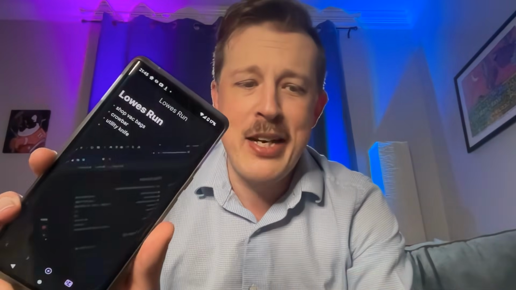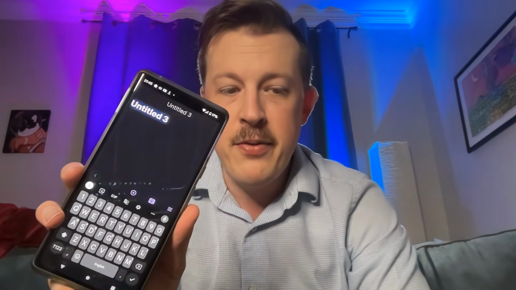And then anytime that I make, it's here on the coffee table. So anytime I make a note on my phone here, it then will have SyncThing synchronize it across the internet to my laptop here. So I can make a new note. So I've got Obsidian right here. And the note I have is the Lowe's run. I needed to get shop vac bags, a crowbar, and utility knife. So that was just my little note to myself. But if I want to write a new note, just drag down and voila,